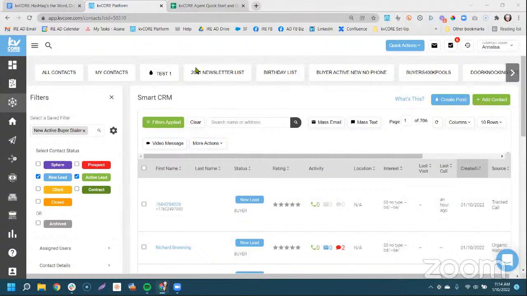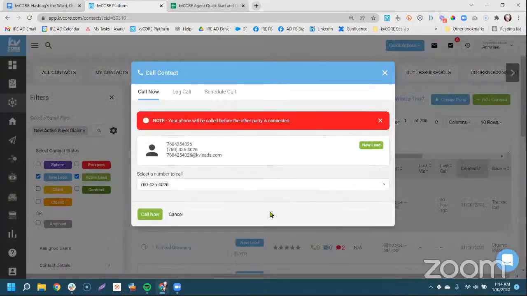I see another question has come in. How much is the dialer? The dialer is free and built in, Patricia. So when you use our single line dialer, you can use it from your desktop, and when you click the little dialer here, it'll call you and attempt to connect you with this person. So it's like a conduit. It's not like they're going to be waiting like, hello, hello. Basically, we call you and attempt to connect you.